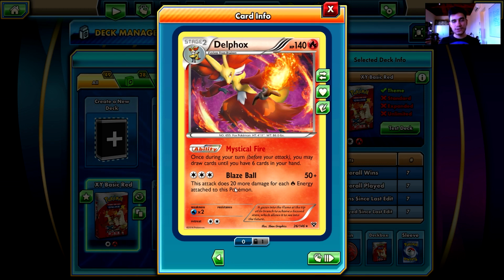Guess what? You have only Fire type energy in this deck, so you can only attach Fire type energy, and with Blacksmith you can attach a lot of them very fast. So this Delphox can knock out literally any Pokemon in the Team Deck category if you have enough energy to